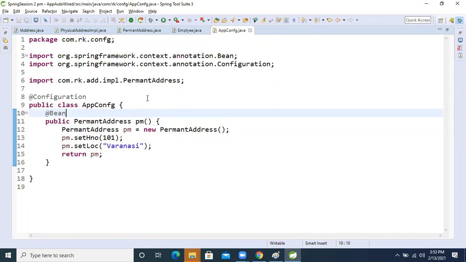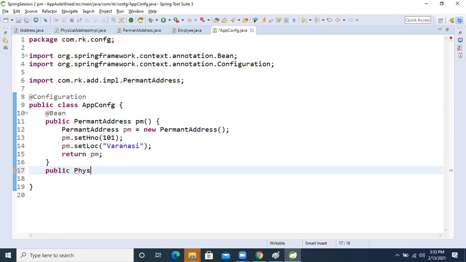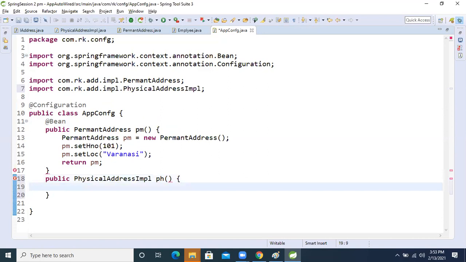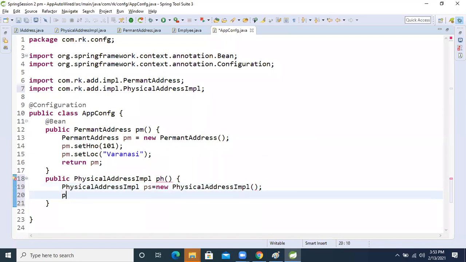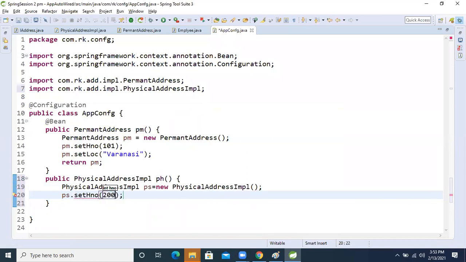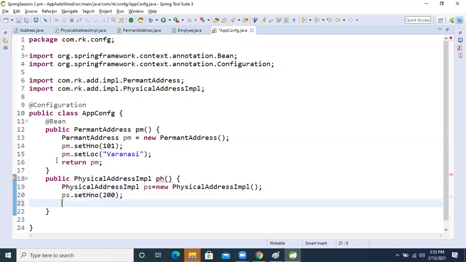After using the @Bean annotation, one more class is there: PhysicalAddress. So public PhysicalAddress ph, I'm taking. PhysicalAddress ps equal to new PhysicalAddress. After that we will set the data: ps.set 200, I'm setting the home number.